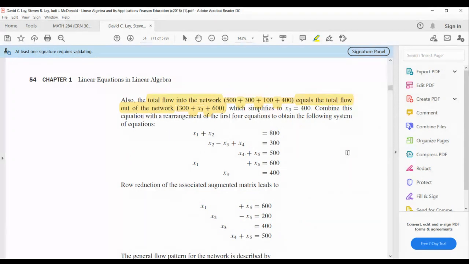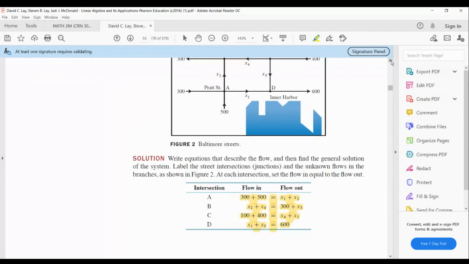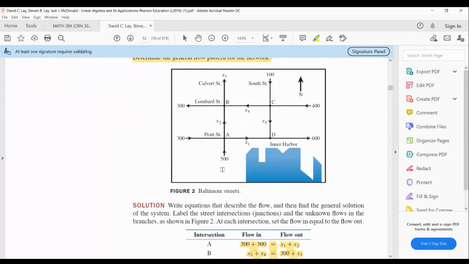So you can see based on the picture here that going into the streets, you have 500 here, 300 going in here, 400 going in here, and 100 going in here at South Street. So that's going in, but also going out, you have X3, you have 600,